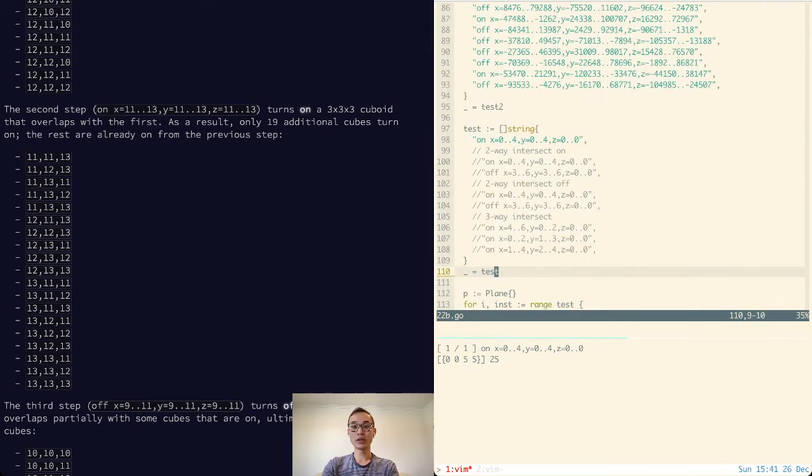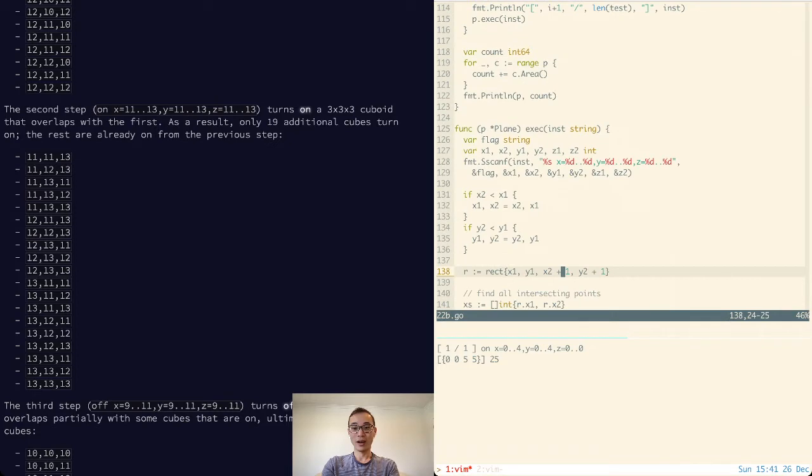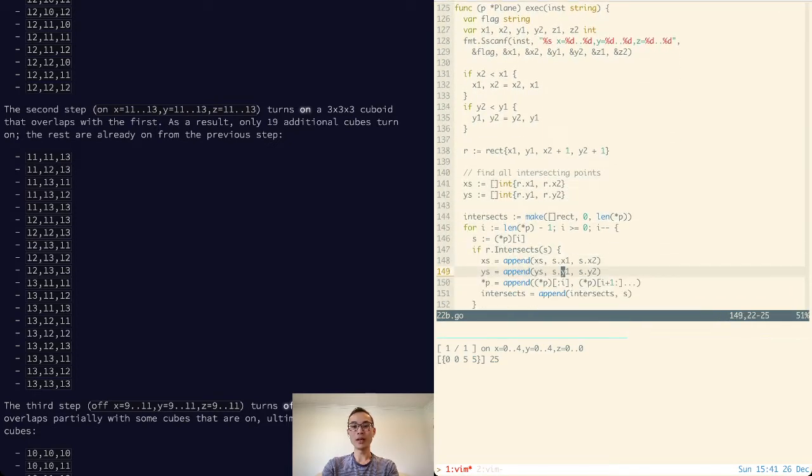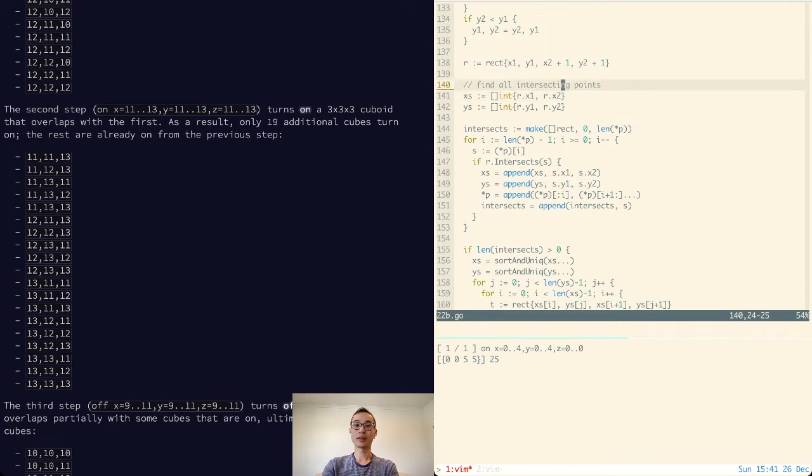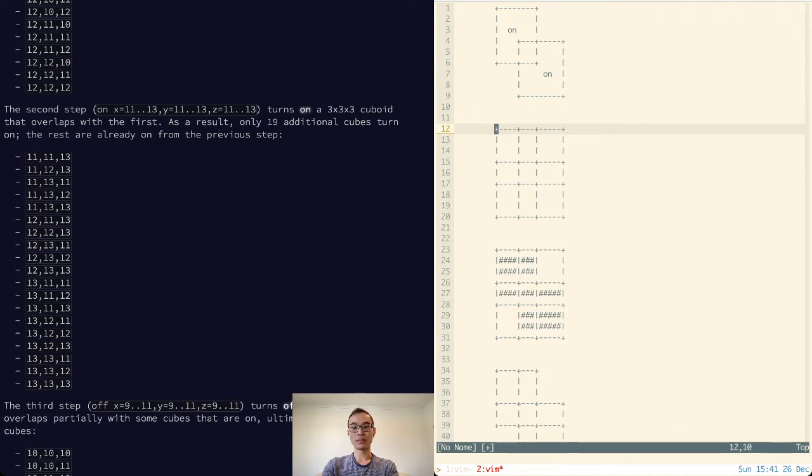And yeah, we're only working in 2 dimensions for now, but I wanted to be able to parse the actual input just to have a bit more test data. And so I just ignored the Z for now. So my way of testing for this is first, I make a list of all the intersecting points. So that's finding all the x points. So that's this x value here, and then this x value here, and then this x value here, and eventually this x value here as well. So it's 4 x values. Do the same with the y's, and that means I can get this grid,